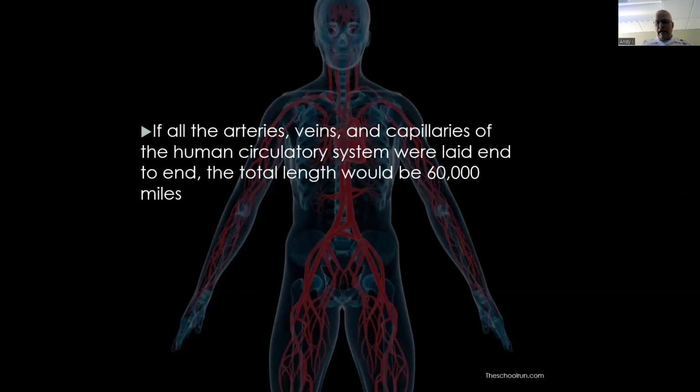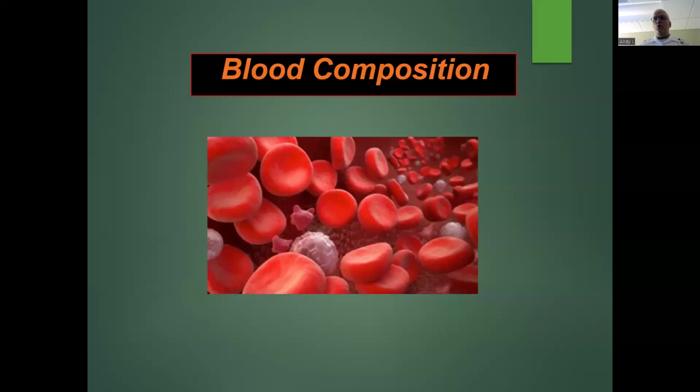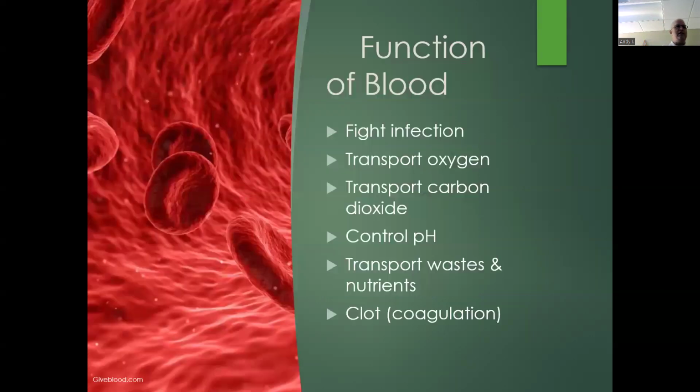So that's the tank. Let's talk about the fuel, the blood that's on the inside. What the heck is in this blood? The function of this blood, one of the main things is to fight infection. We'll talk about that in a second. And the other thing is to transport oxygen. Ding, ding, ding. We don't have that working, something's wrong. The patient's not going to be healthy. That's bad. So it also transports that waste product, that carbon dioxide, back, trying to get it out of the